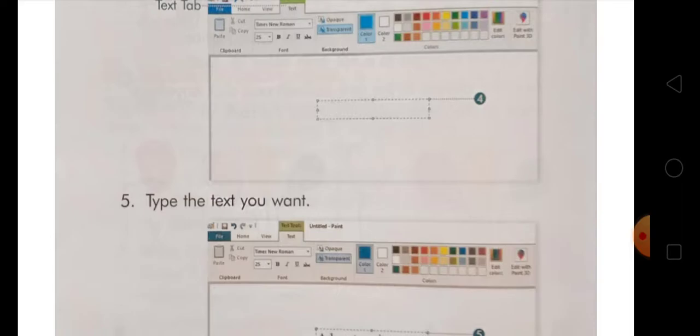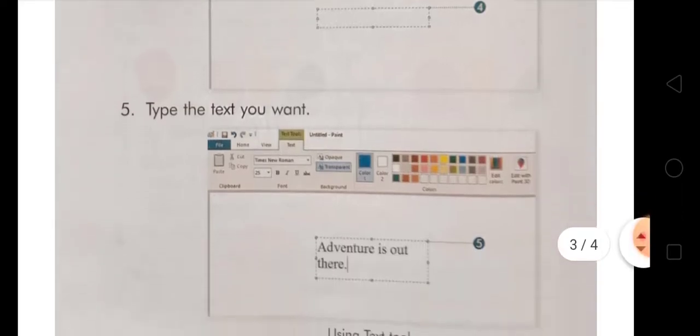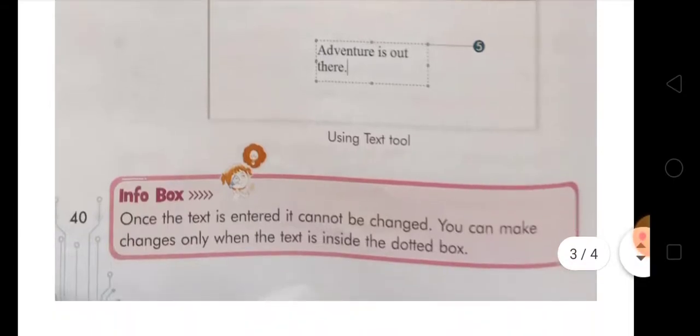When the text is in the dotted box, then you can change the text. Once the text is entered, it cannot be changed.